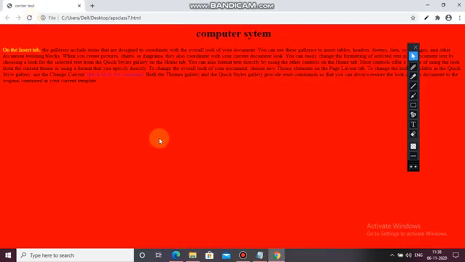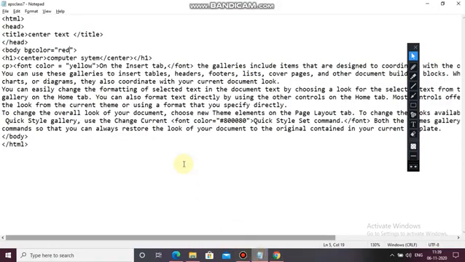Means the background color of our web page is changed by using body BG color. So remember this, body BG color for changing the background. Clear? So very easily we can change it.